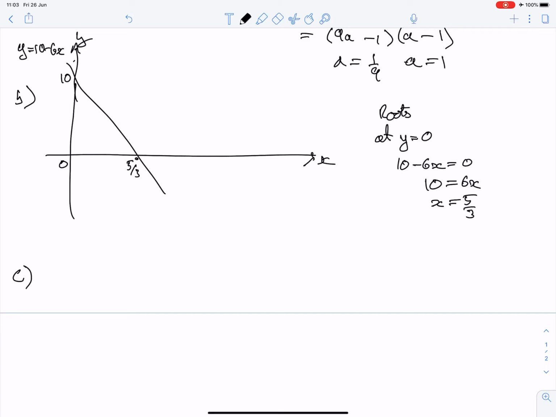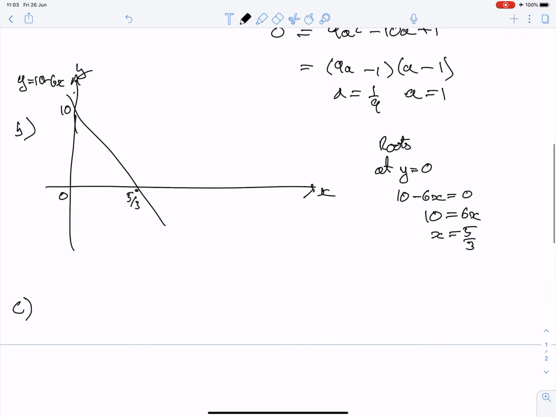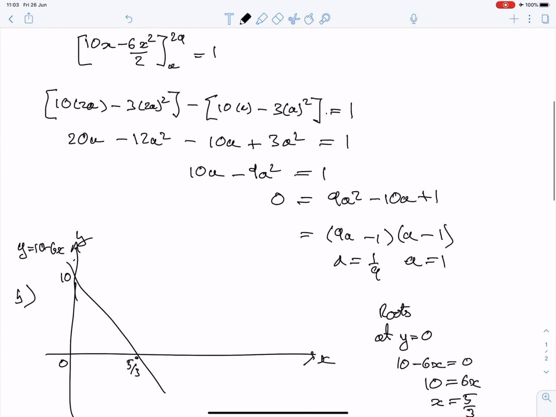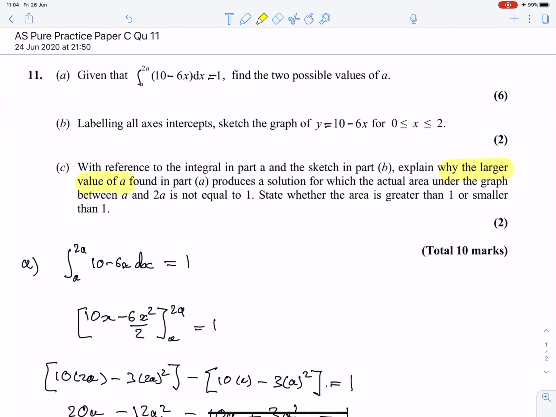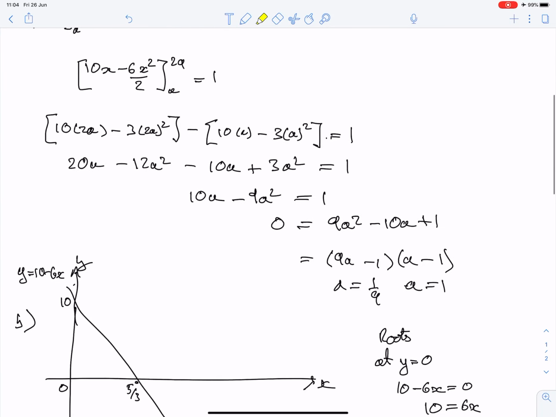If A equals a ninth, say well, with reference to the integral in part A and the sketch in part B, explain why the larger value of A, so it's the larger value of A, that's what I hadn't read carefully enough. Yeah, it always comes back to bite you if you don't read it. Well, not always, but quite often if you don't read it. Question, so it's the value of A, which is 1 then. So when A is 1,